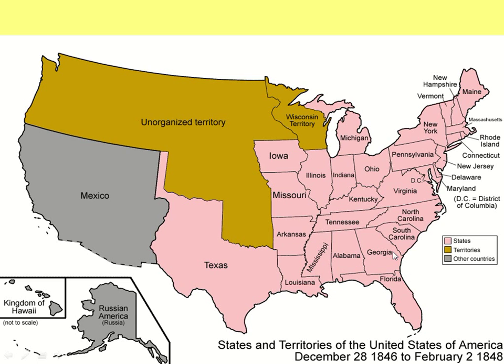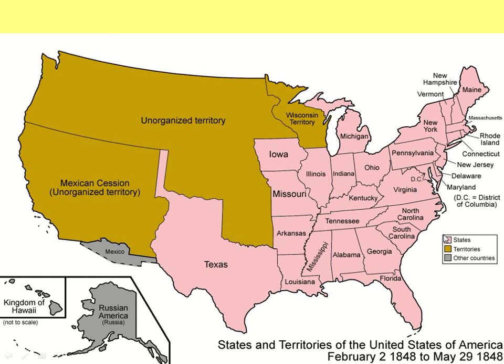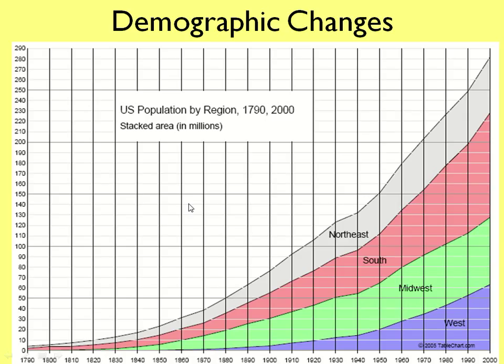So, rapid expansion. And then we take it one step further, not that far ahead, to May. Now they've grabbed this territory as well, and that's going to be a major turning point into period 5. Now, if you look at some of the demographic changes, just population growth, this is showing the population in the United States